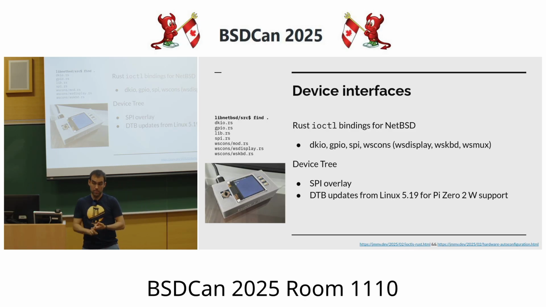Then I had to learn about device tree as well, because, first, the SPI bus is disabled by default on the Raspberry. I don't know why. So I had to figure out how to enable it with a device tree overlay. And then,